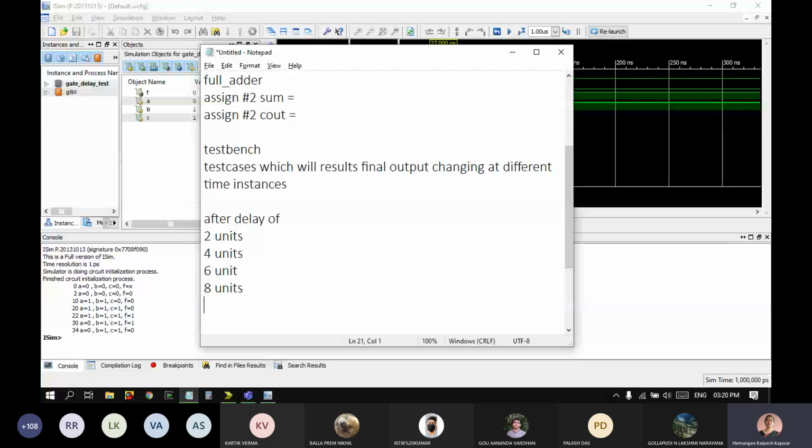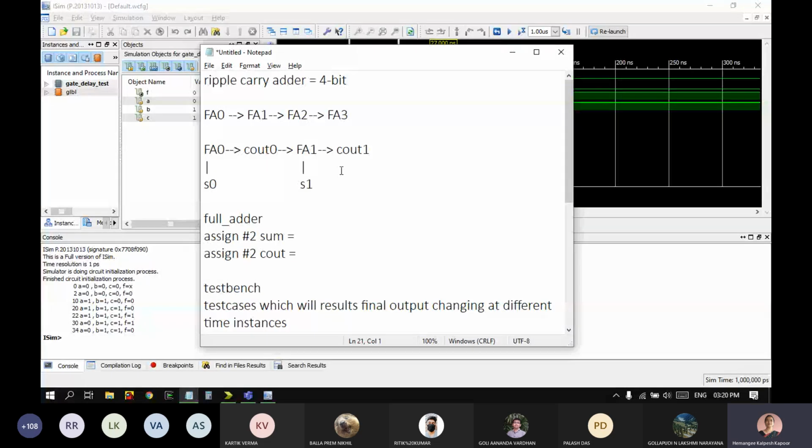Okay, you have 4 stages, and each stage, if you can see here, the sum out comes after 2, which is already there. I mean, it might change, but they both are in parallel. Sum and carry are happening in parallel. Both are taking 2 time units. So overall, the delay of the full adder is 2 units of time. So this will take 2 units of time, plus 2, plus 2, and plus 2. Okay. So total after 8 units, your answer will come in the worst case.